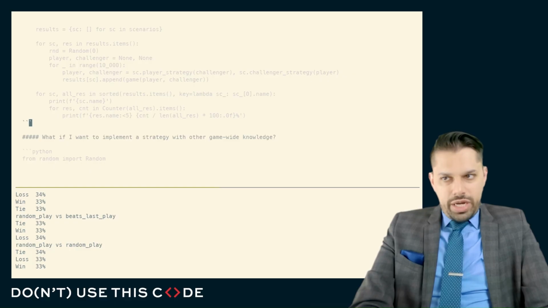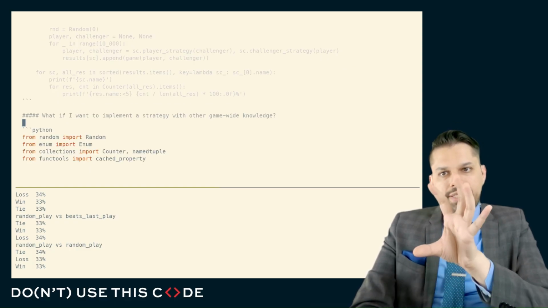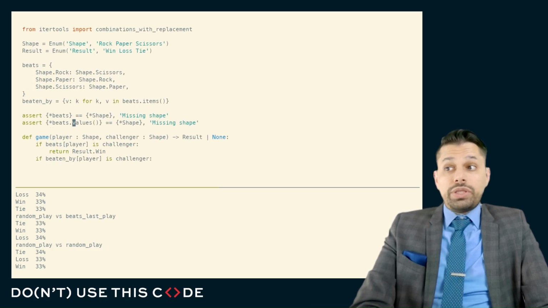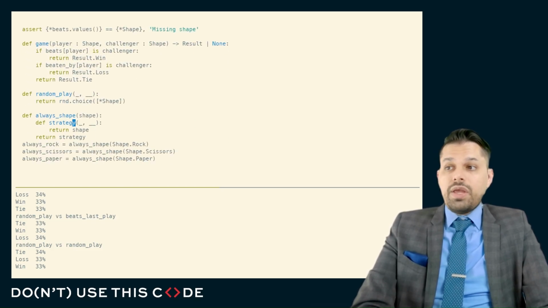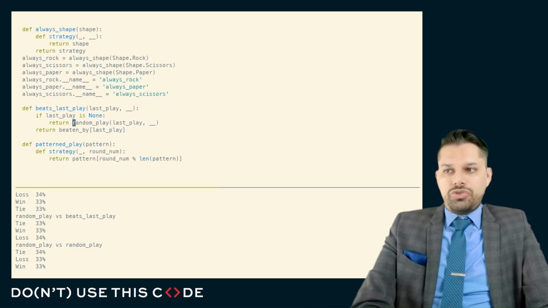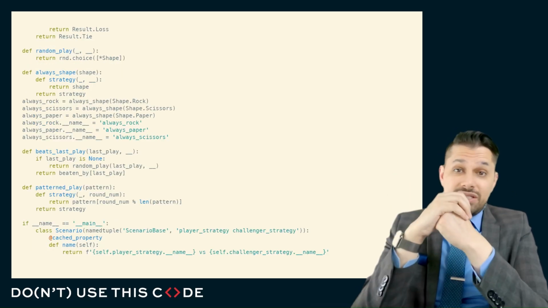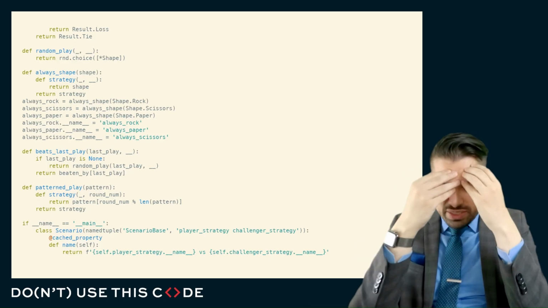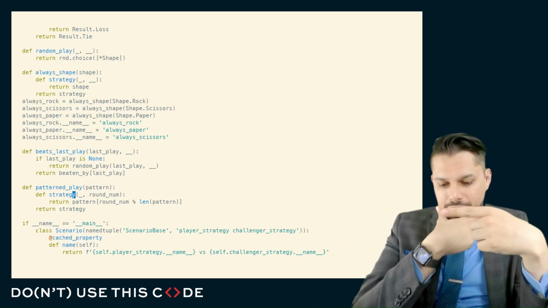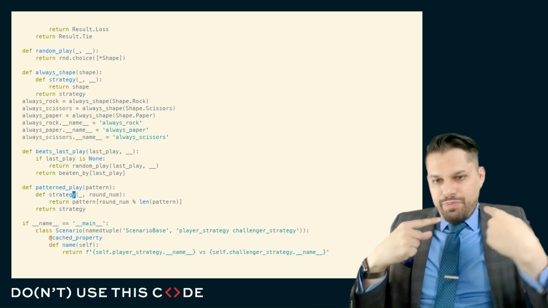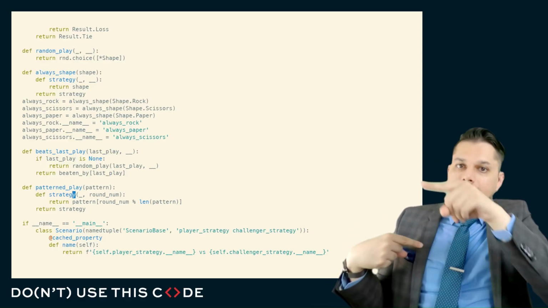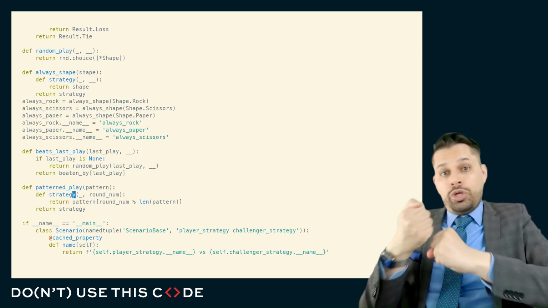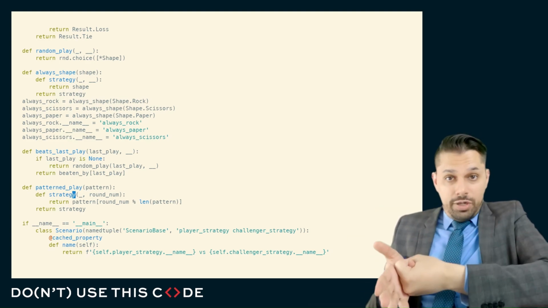Beyond those kind of strategies, what if I wanted strategies that had some other knowledge? Some other knowledge of something that's happened in the game beyond what the last play was. For example, I want a strategy that plays some kind of pattern. This is something that people might discover. If you're doing beats last play, could I come up with a pattern that every time you're trying to beat the last thing I play, I actually think ahead and I play whatever you're going to lose against and lock you into a cycle where you're just going to be dominated because you think I'm going to play rock, so